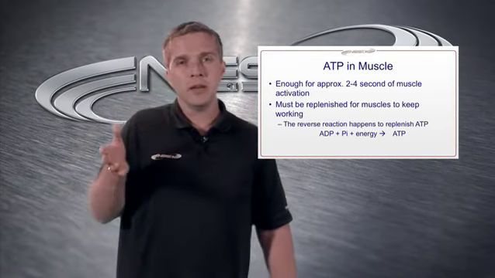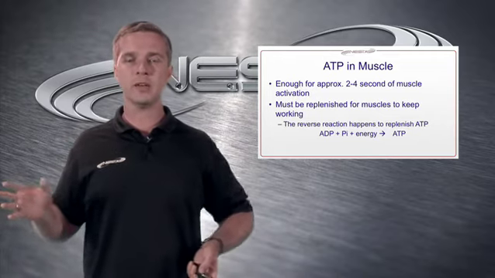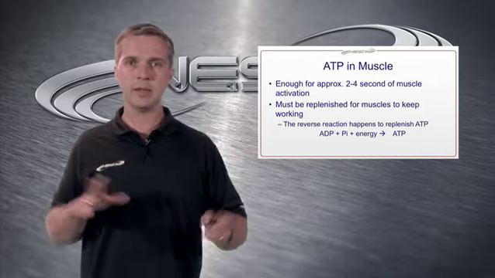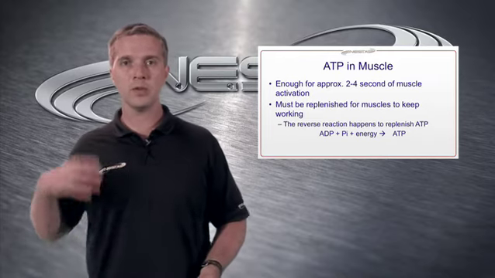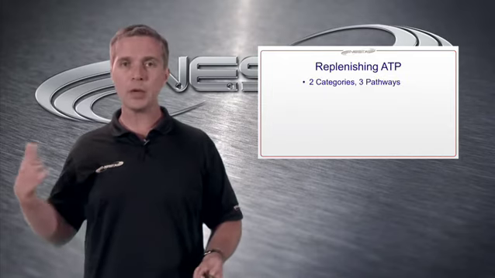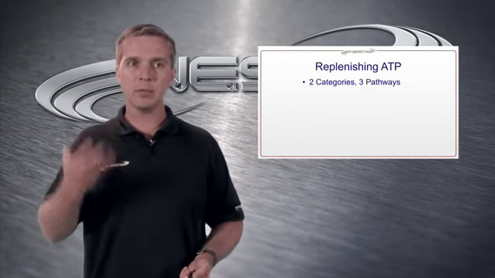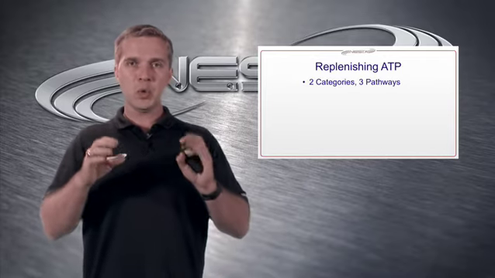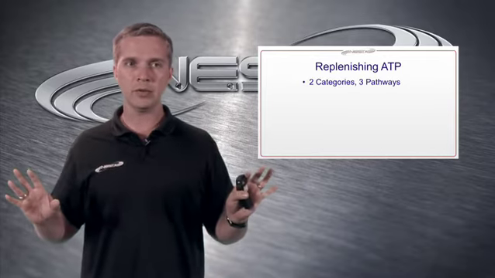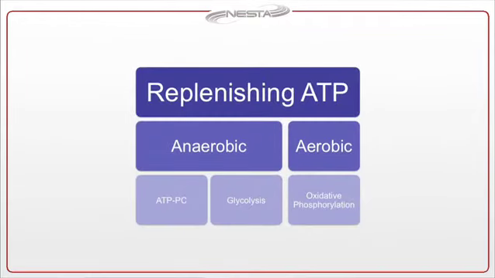As far as the ATP in the muscle, there's enough for approximately 2 to 4 seconds of activation, depending on the intensity and the exact muscle. So we've got to replenish it to keep those muscles working. Once again, it's that reverse reaction. We're trying to replenish ATP. There are 2 broad categories and 3 distinct pathways. What do I mean by that? Well, in order to replenish ATP,